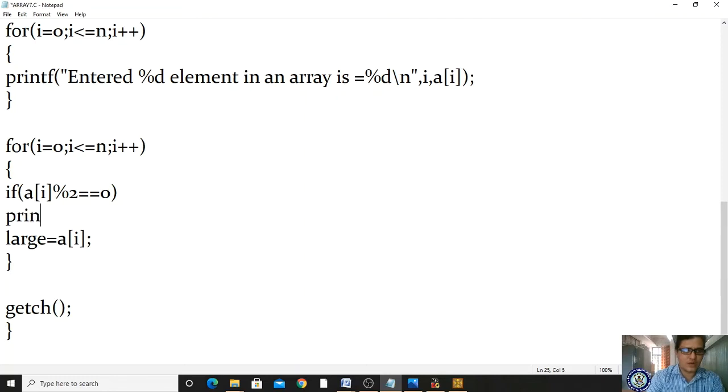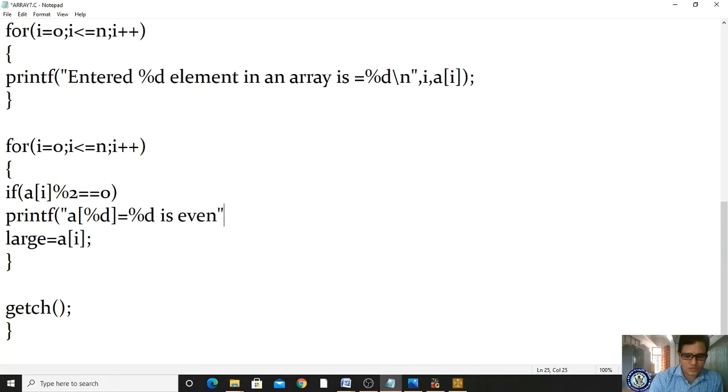So here I am printing with printf: a[%d] = %d is even.